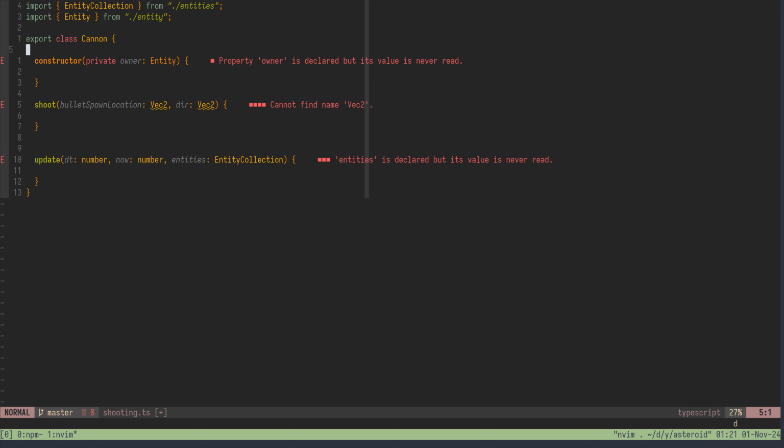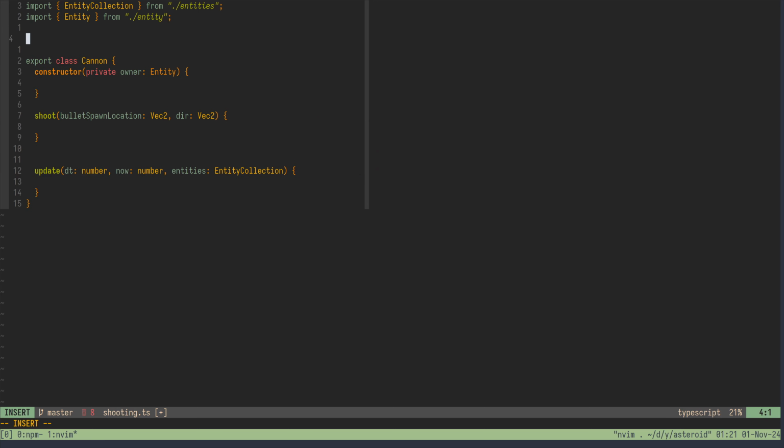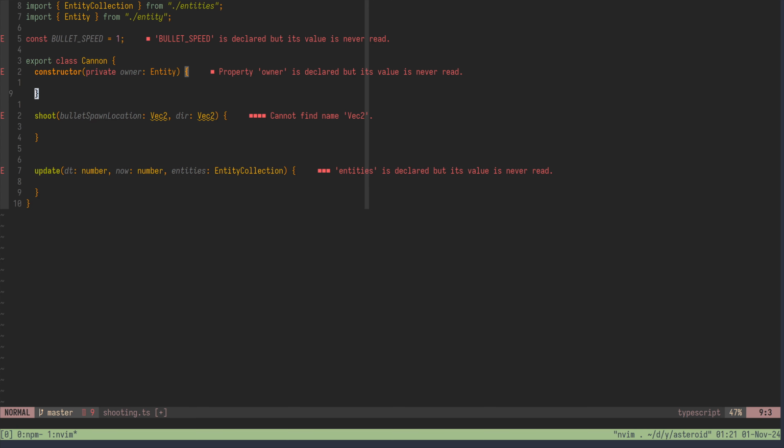Since the speed of bullets is fixed, we don't need the velocity, we can just have the direction, and we can define bullet speed here to be, I don't know, 1 for now. Let's see. Okay,